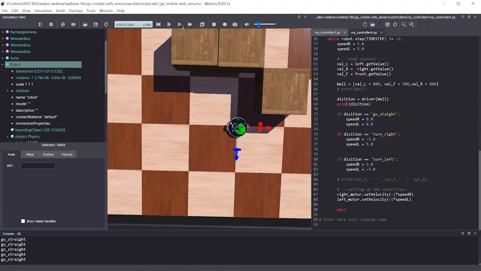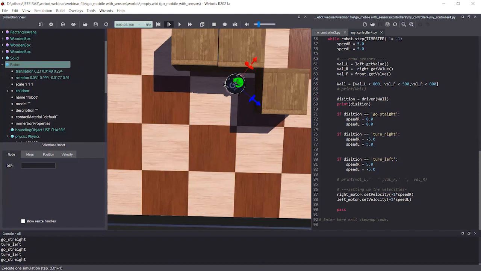Now the driver still says go straight. In order to run step by step, you can use this button. Okay, step, still straight, and the driver says turn left. Again the driver says go straight and turn left.